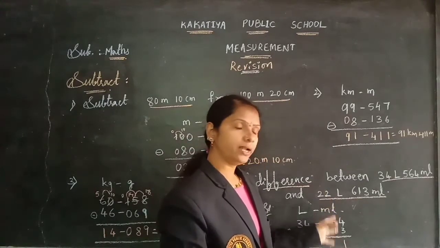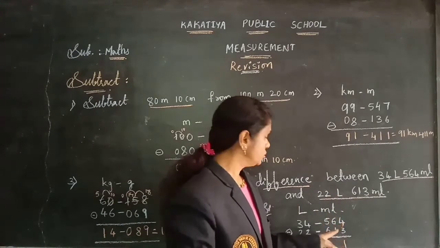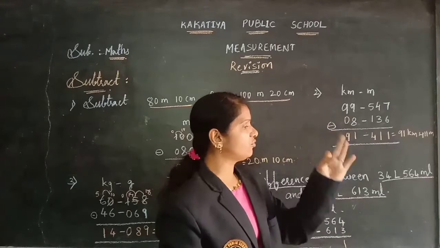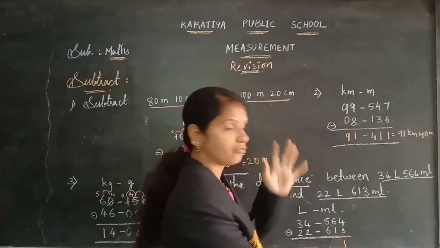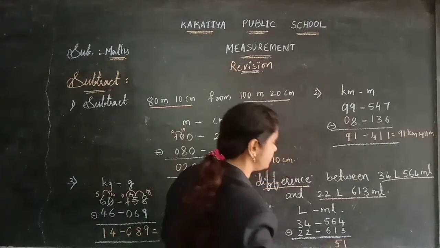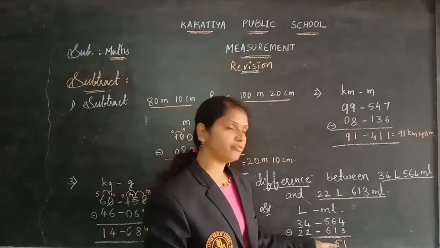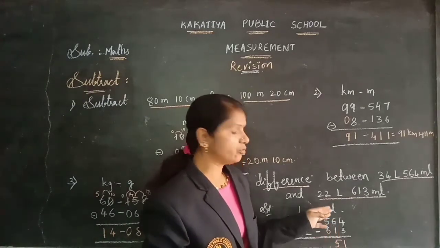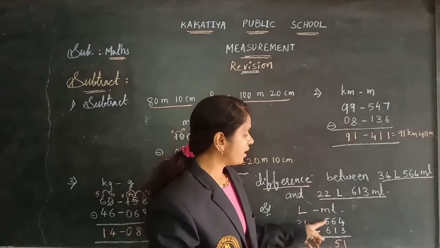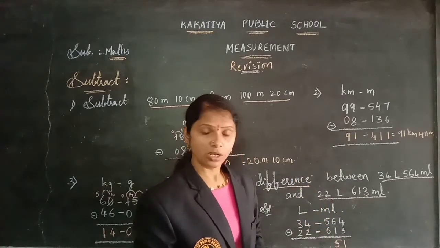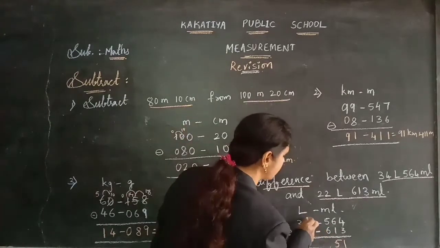You can open and close the fingers, or else you can start counting from the down number to reach the up number. So 1 after 2, 3, 4, 5, 6. I reached the 6 here, which is up. So 5 numbers are required to reach the upper number, which is 6. That means the answer will be 5. 6 minus 1 is also 5. Now 5 minus 6. Is it possible? No. Why? Because 5 is smaller than 6. It's not possible, so we can take the borrow here.